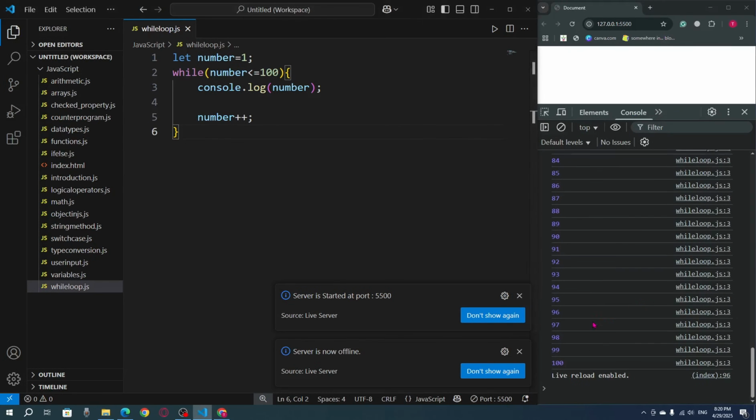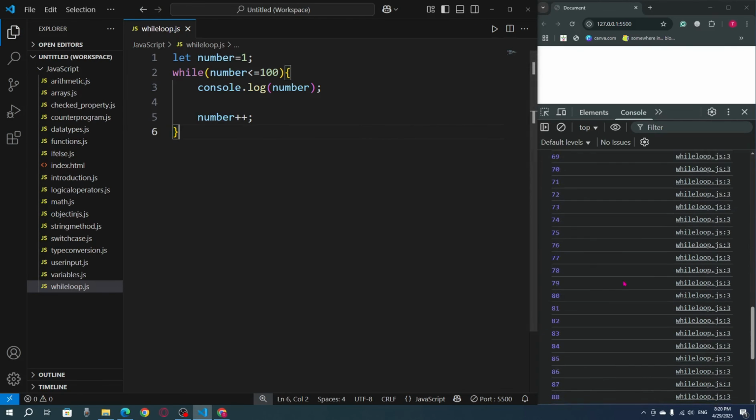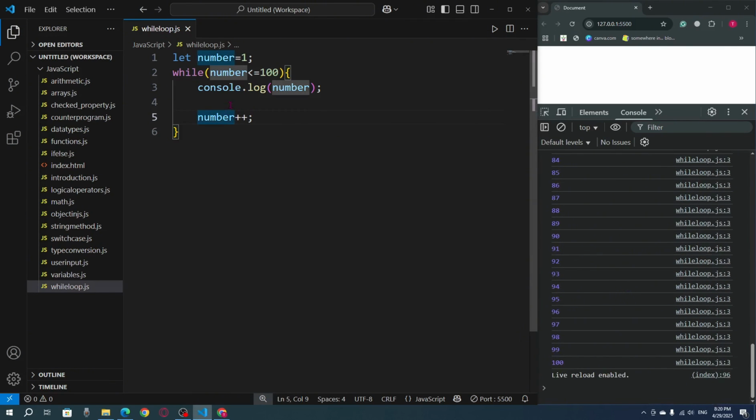Right, here you can see from 1 to 100, so it's showing from 1 to 100, right? Just 3 lines of code. So this is the reason actually we need to use loop, and while loop is